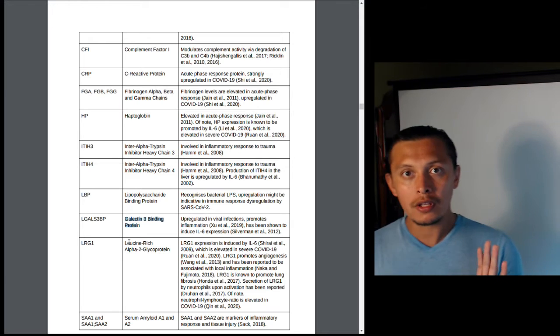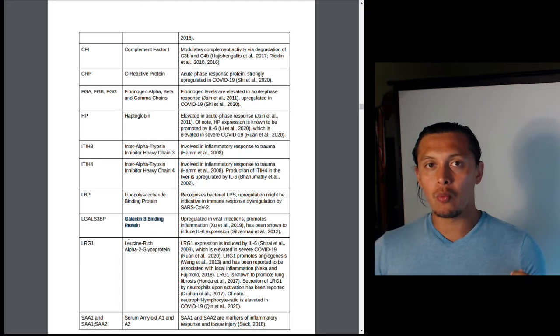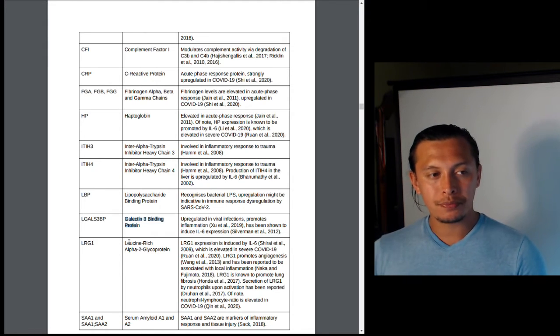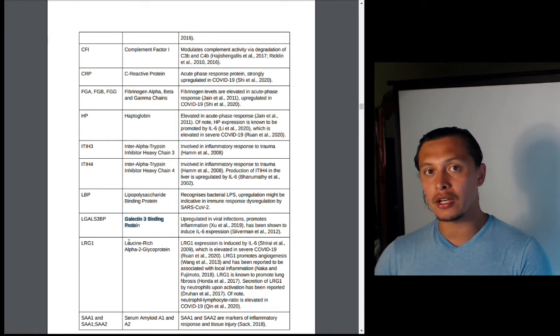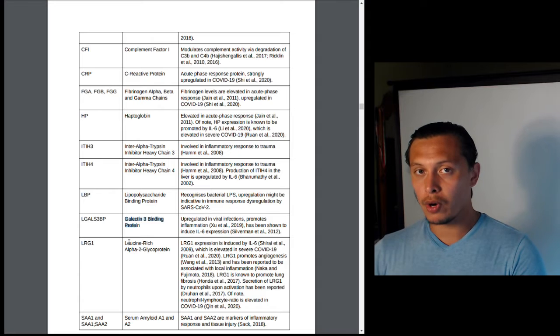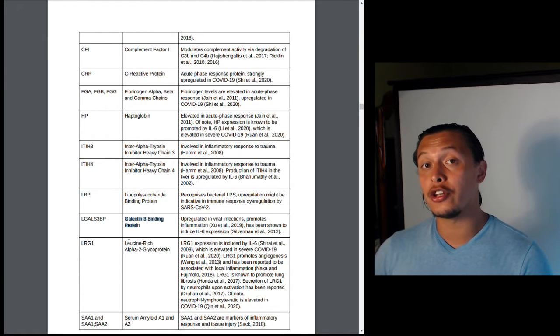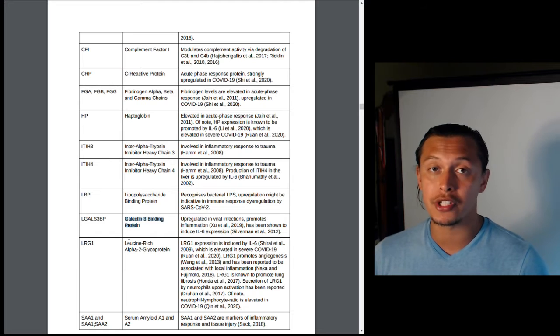However, the paper that I described earlier today, that you can go watch that video as well if you want, showed that in mice where you are inducing thrombosis through whatever model mouse they had, there was no increase in Galectin-3 binding protein. There was only an increase in Galectin-3, but there wasn't an increase in Galectin-3 binding protein. That was in that particular model.